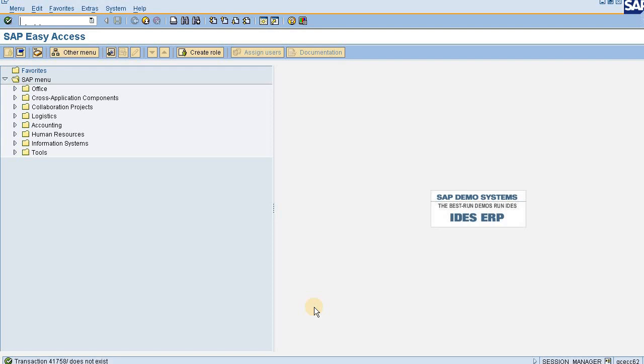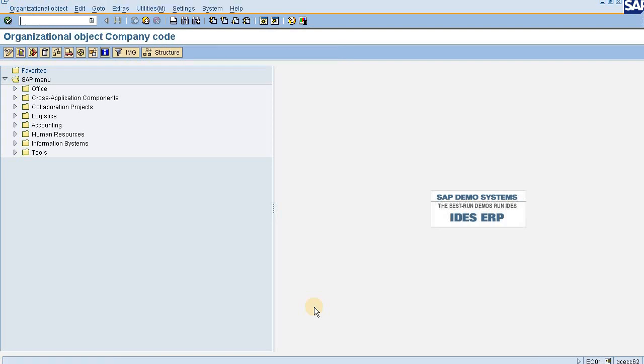So we only know about the organizational structure virtually, but we have not seen it in front of our eyes. So how to navigate that, how to see the organizational structure in our SAP software, that will be instructed today. So I am going to a T code